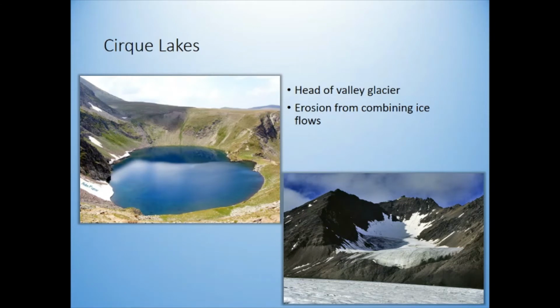Well, the first thing is, think about a montane glacier at the head of the glacier. The snow piles up in the river valley all along here and starts to fall down, and that starts a glacier. Oftentimes this makes a big pool at the top, and you can see if this glacier were to melt, there would become a cirque lake right there. The combining ice flows come together and create what we call a cirque.